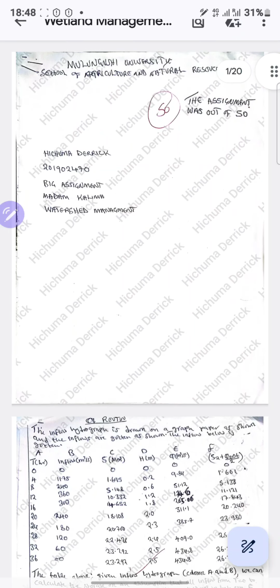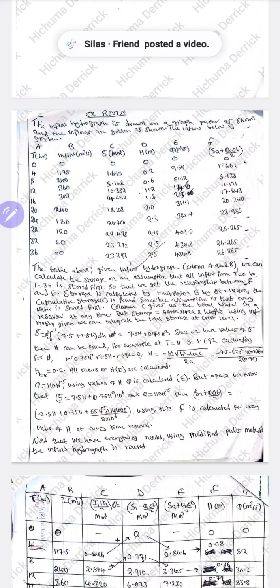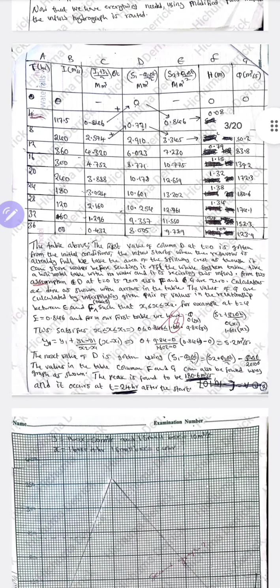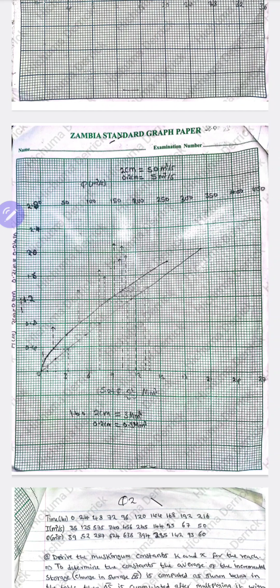Okay, now this question, before I come to the hints, okay, now what you do for you to be finding also the elevation and the outflows, you need to plot